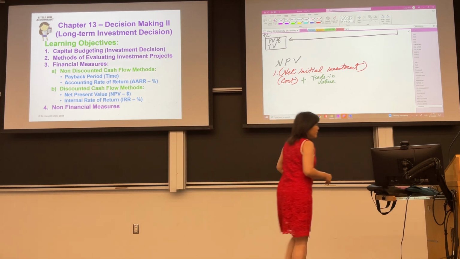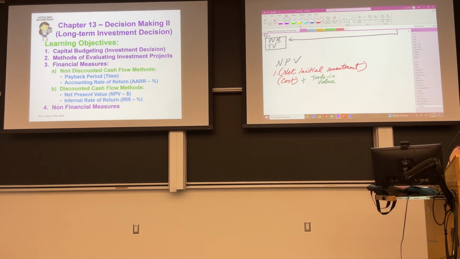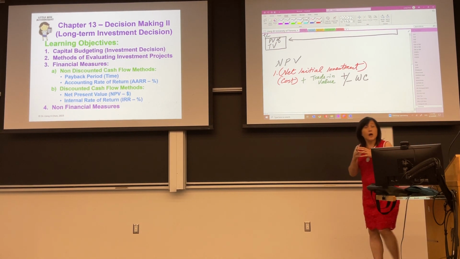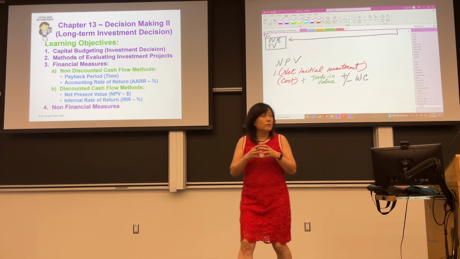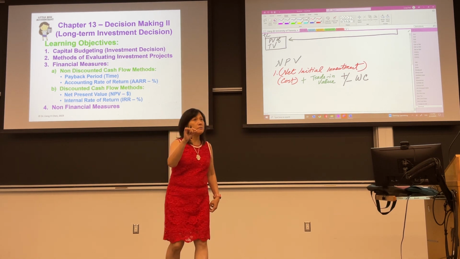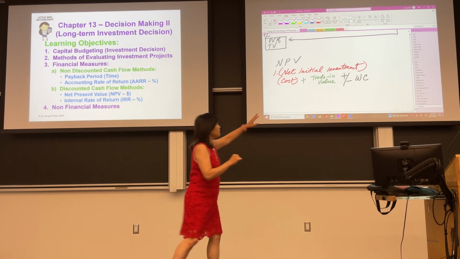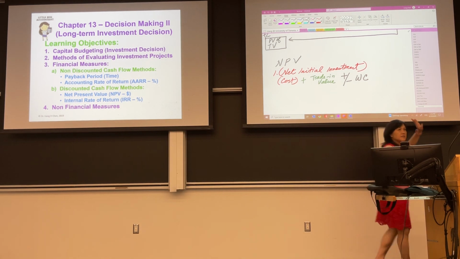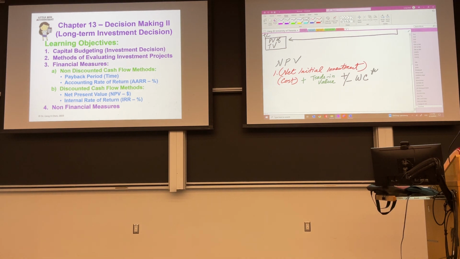Okay. Number three, this is the most difficult part. Can be positive, can be negative. This is called working capital. So when you invest, this is where students always make mistakes. This is the part they make mistakes. I'm telling you exactly how students make mistakes, so you pay attention to this, okay? So you add a positive working capital. This is when we say free up or release working capital.